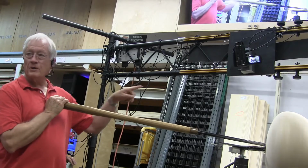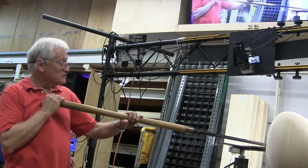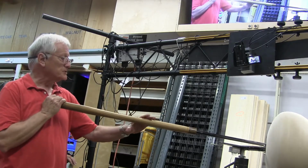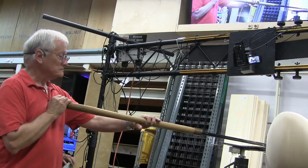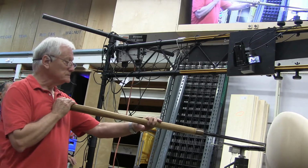Now, when I'm pushing in, I want to stay right on the pin. Sometimes it'll start wanting to get off the pin, so you have to fight it a little bit and push it this way. And then when it gets bigger,